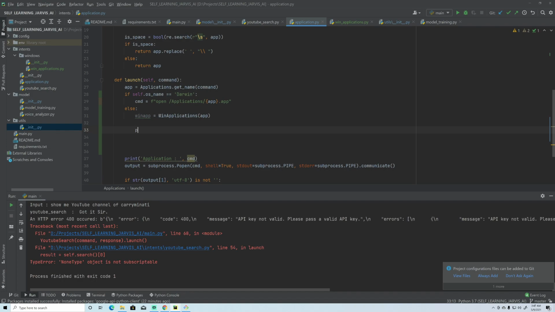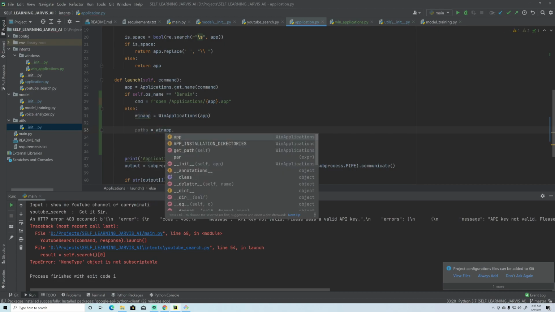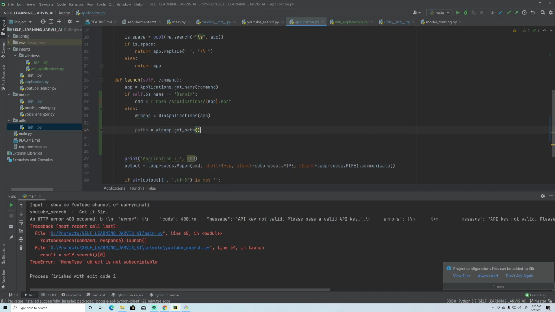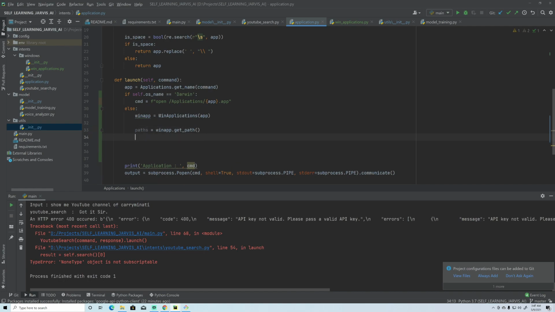So first paths equals win_app.get_path, right? Here I'll check if the length of paths is greater than 1 or not, right?